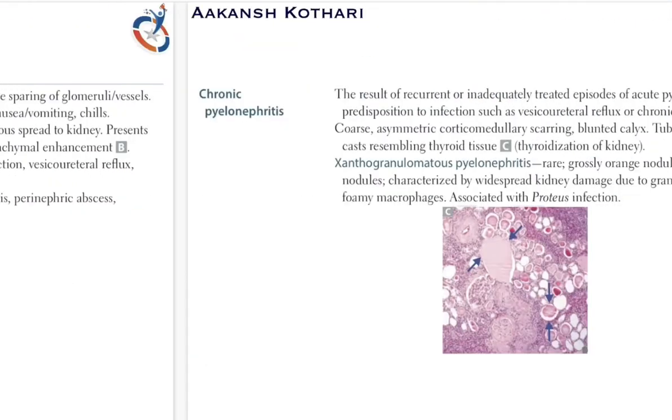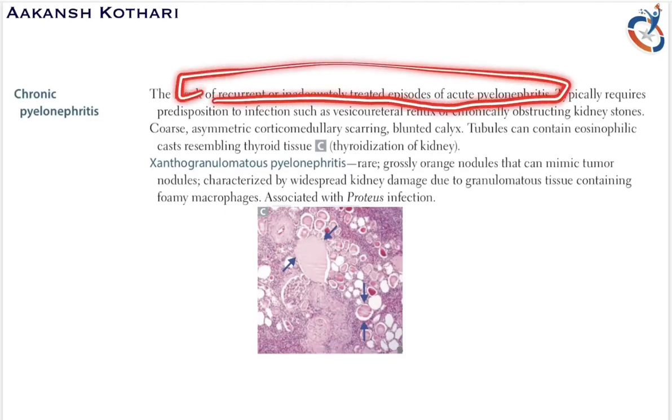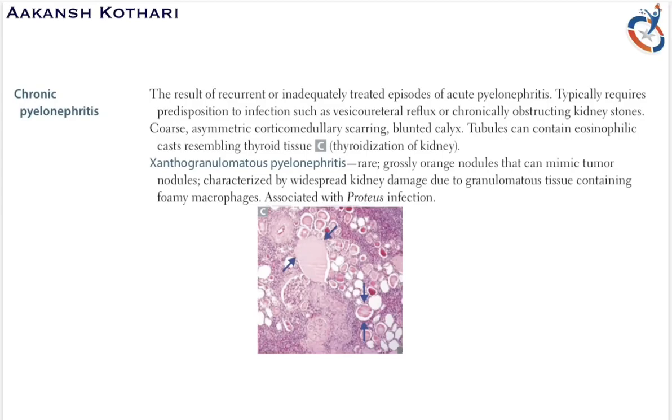So, let us talk more about chronic pyelonephritis, which is the last segment of urinary tract infection. Chronic pyelonephritis is a result of recurrent or inadequately treated episodes of acute pyelonephritis. Am I clear? Now, it typically requires a predisposition to the infection such as vesicoureteral reflux or chronically obstructing kidney stones. Clear? Now, there is a coarse, asymmetric corticomedullary scarring often seen in cases of chronic pyelonephritis, and there's